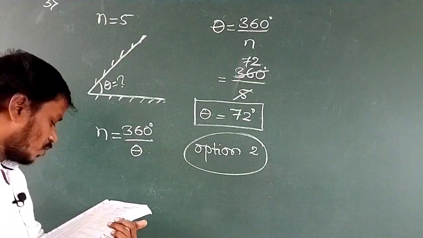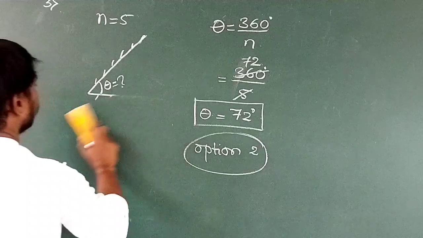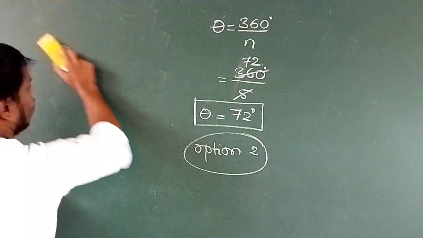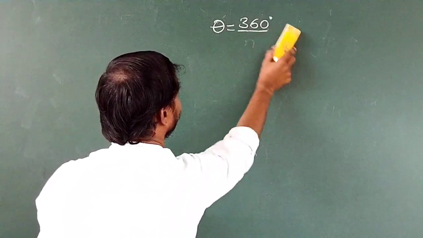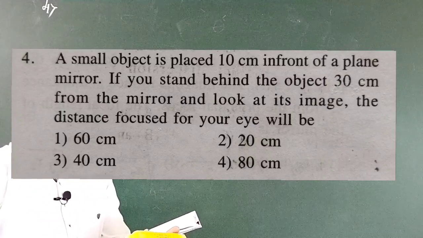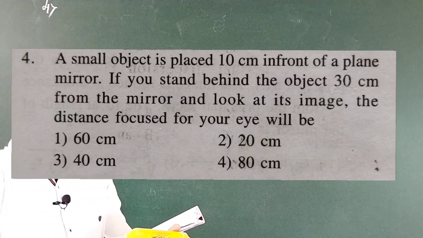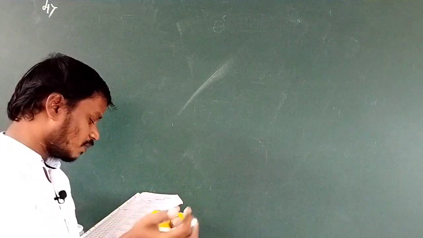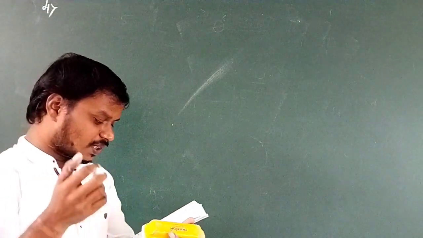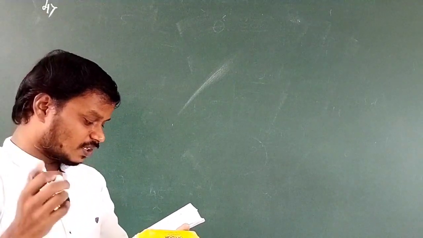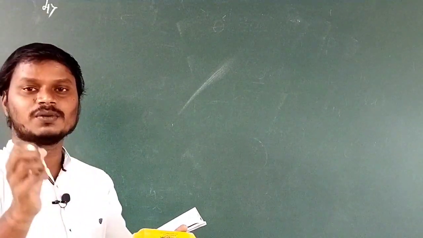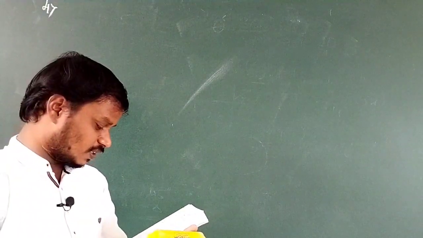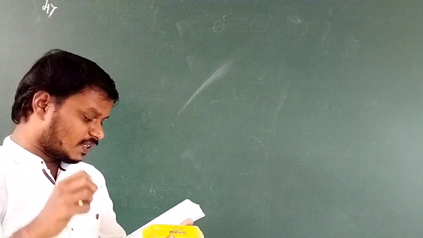Now let us move to the fourth question. What is the fourth question here? Question number 4. A small object is placed 10 centimeter in front of a plane mirror. If you stand behind the object 30 centimeter from the mirror, and look at its image, the distance focused for your eye will be...